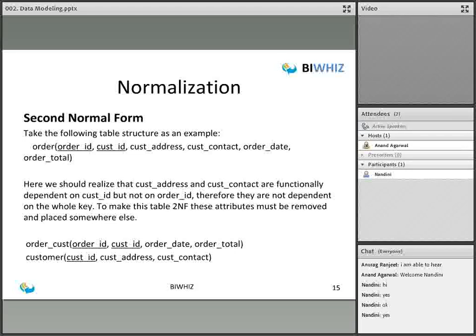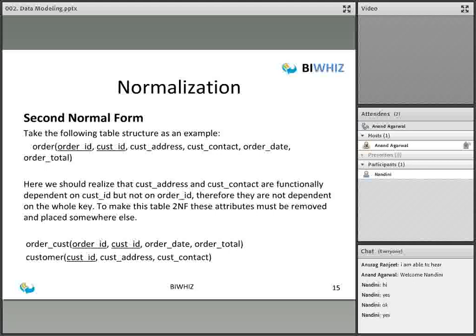Okay. So again, we have this example of order, and you are making an order. You are either doing an order online, or you are going to a store and buying some item. That is also a form of order. So there you have an order ID, you have a customer ID, customer address, customer contact number, order date and order total. So what happens is, all these attributes from customer address to order total are dependent on order ID and customer ID. Order ID and customer ID is a composite primary key,